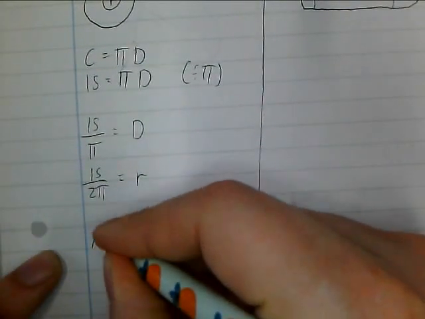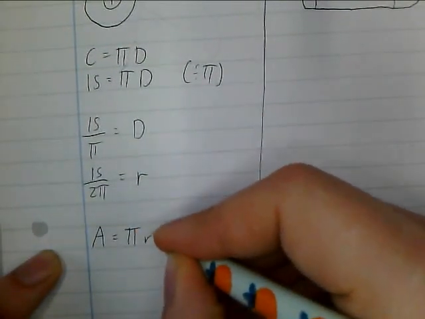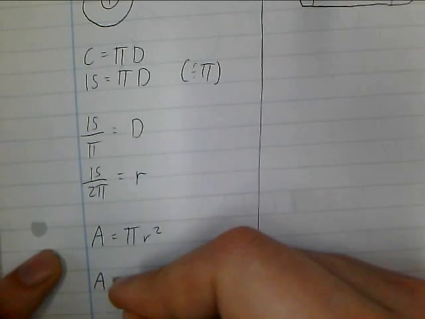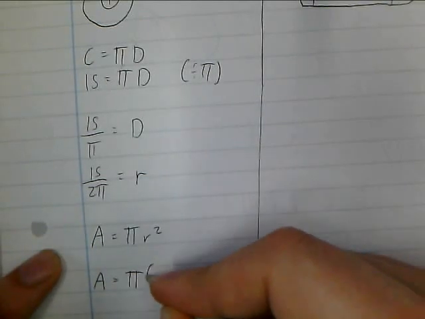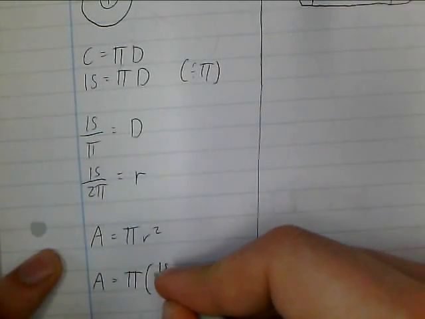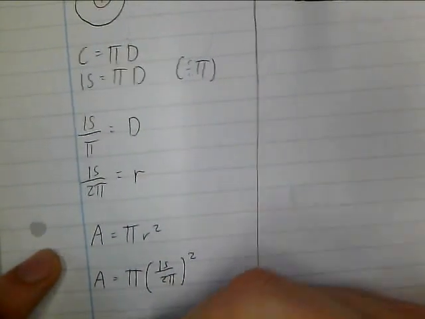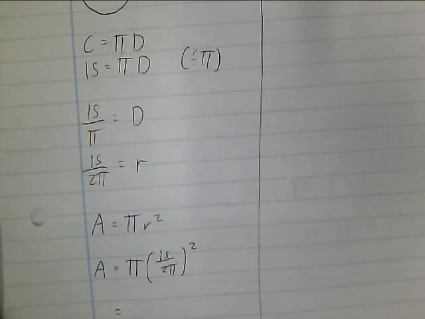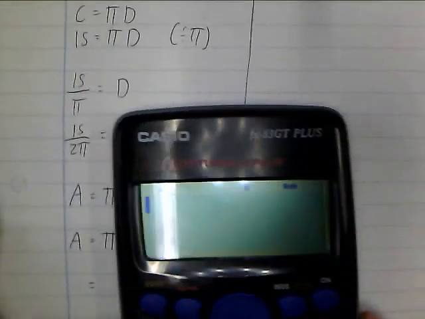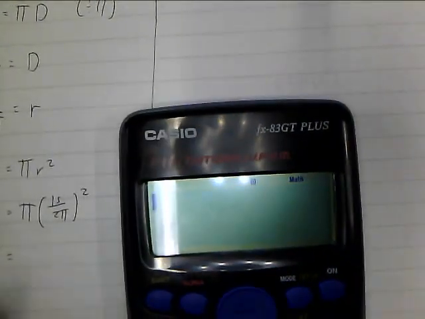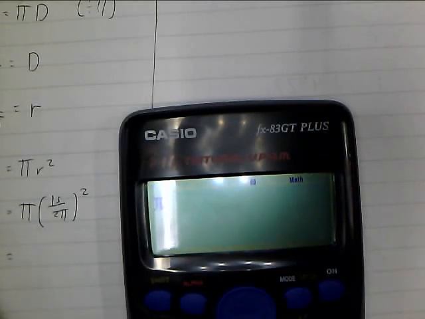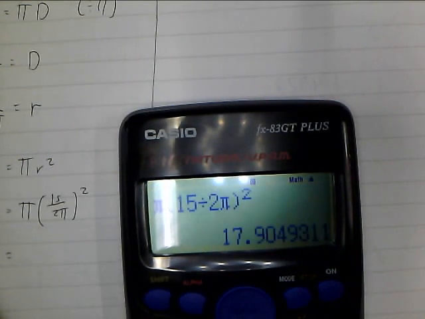To get the area, it's pi r squared, so the area is pi times (15 over 2 pi) squared. I can put that into my calculator, and this gives me 17.9 centimeters